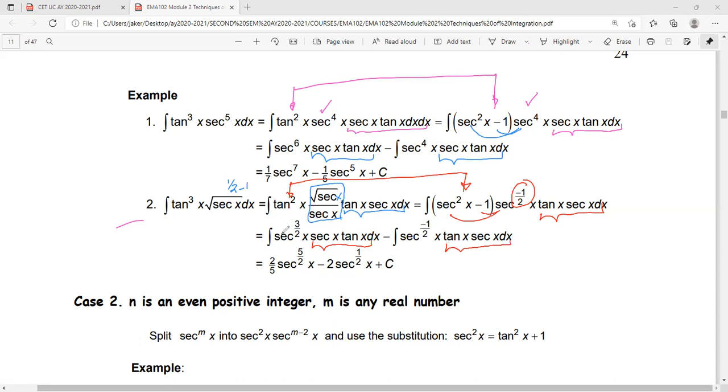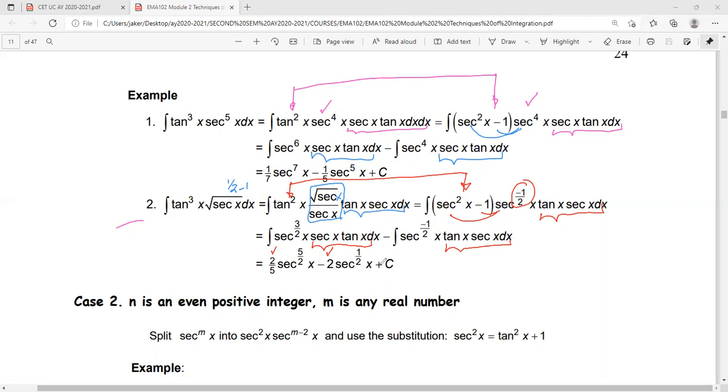So power rule for the secant function. If you use power rule, this 3/2 plus 1 becomes 5/2 over 5/2, so that's 2/5. This is negative 1/2 plus 1 is 1/2 over 1/2. That is what you see here at 2. Here at 2/5. So always take one tangent and one secant from the tangent secant combination,